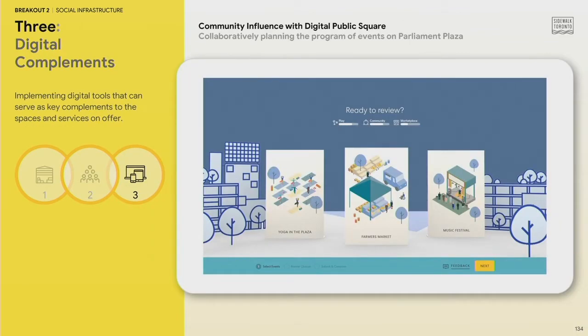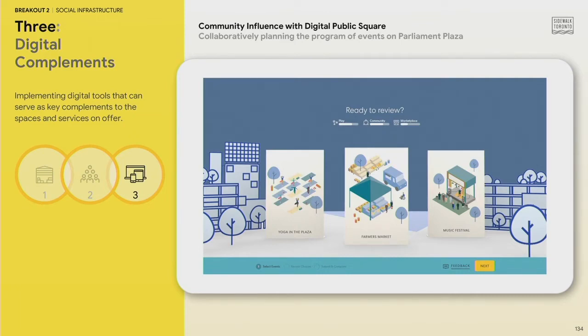Finally, we're also excited about bringing technology solutions to Quayside. These solutions can help improve urban and civic life and contribute to the city's overall social infrastructure. For example, we've been working with Digital Public Square, a project that's grown out of the University of Toronto's Munk School, on a digital tool that increases community influence in more convenient and personalized ways.